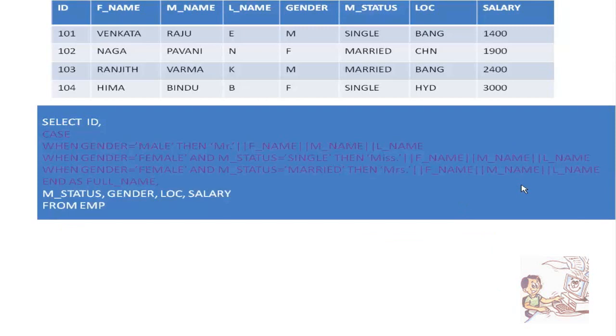See, I am writing queries like this. Then how many records will it display? 4. Again 4, right? So if you want to write this type of case statements, how will we do it